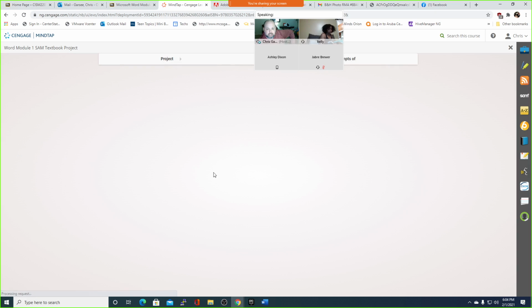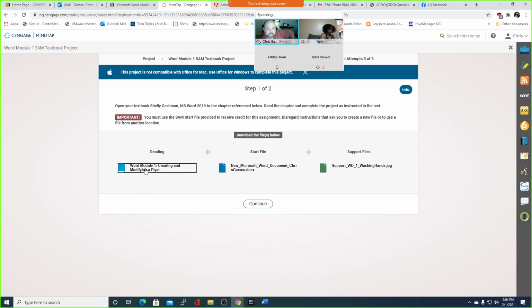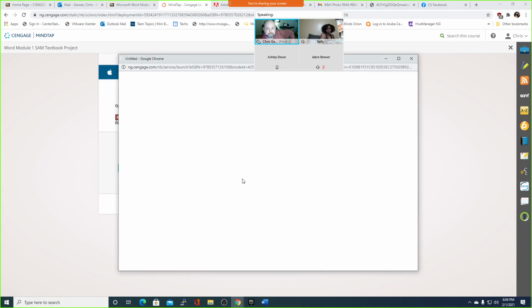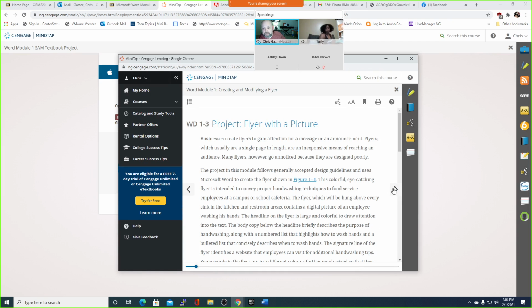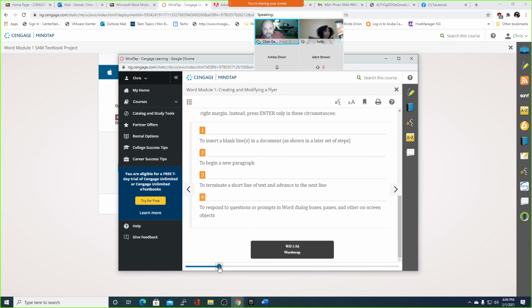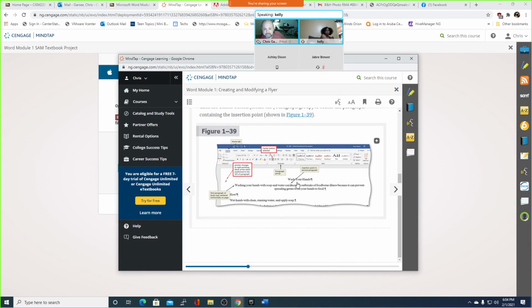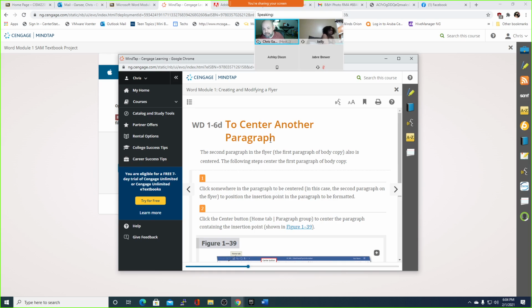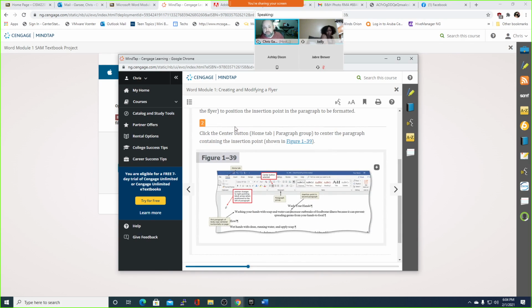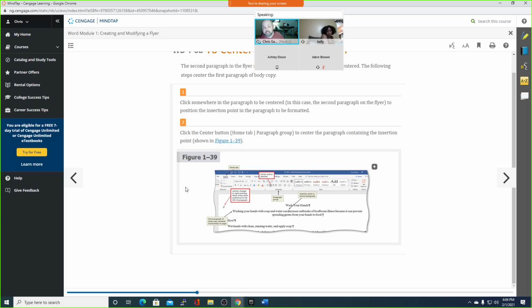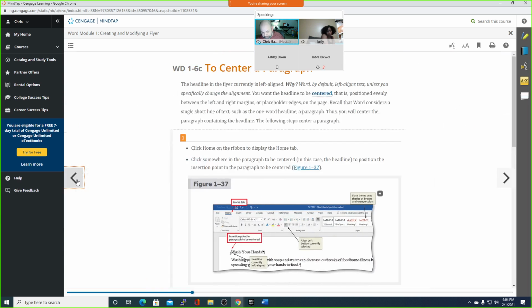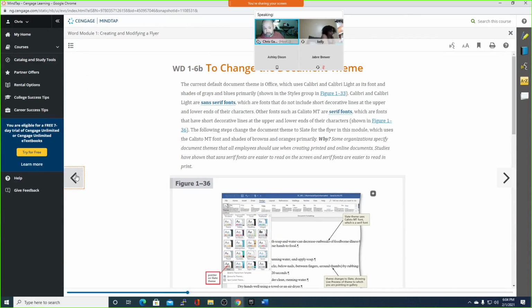Just make sure that you're following these instructions when you click on the reading material. Make sure that you're doing these points exactly the way they're telling you to do it in the book. So I'm going to skip on over here. When you're typing this stuff, it's got to be exactly like they're telling you to do it. The formatting has to be right. The color has to be right. So if you're following these steps, then your flyer should turn out correct. And when you submit it, I mean, you may miss a few things, but it should give you close to passing